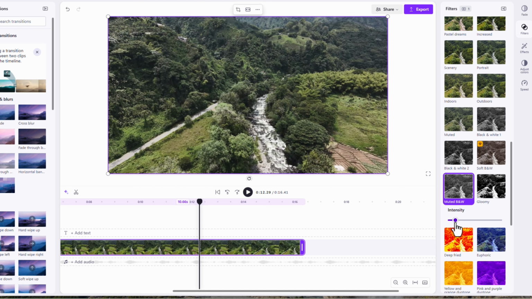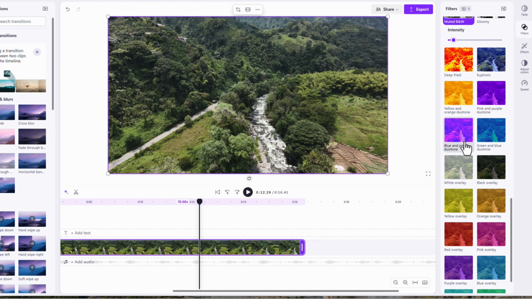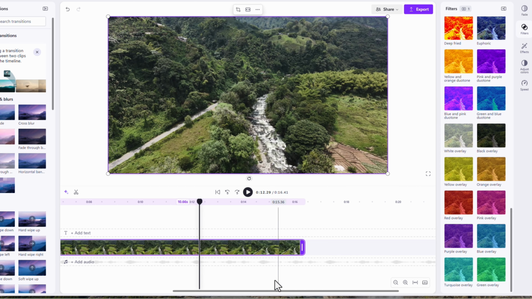This one has intensity that you can drive up or drive down, but that's pretty much your filters. There's a lot of different ones. There's some crazy looking ones, as you can see if you go towards the bottom, that you can choose from if you like. We'll Control Z a couple times to undo that and get out of there